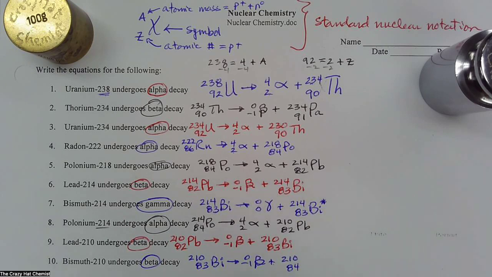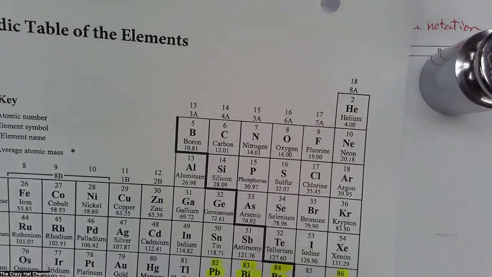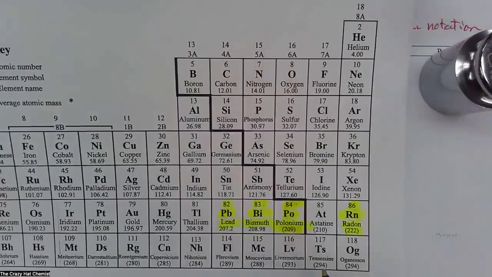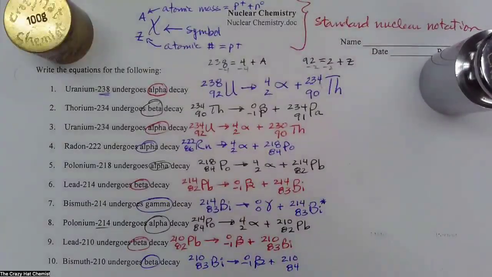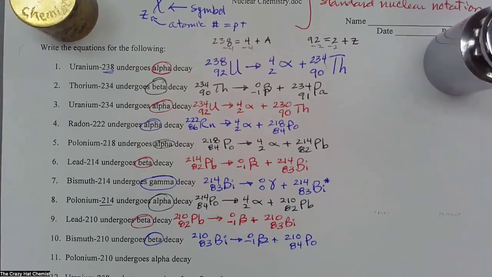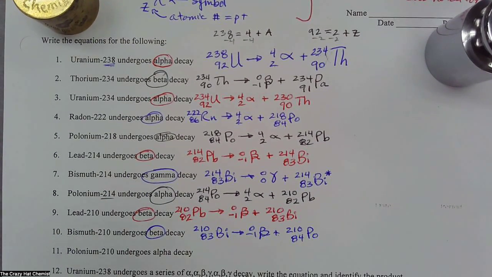I'm going to look up 84 on our periodic table. 84 is right, where is it? It's right there. That's polonium again, and that's Po. Awesome. I'm going to scroll this on up here for just a little bit, and we're going to do